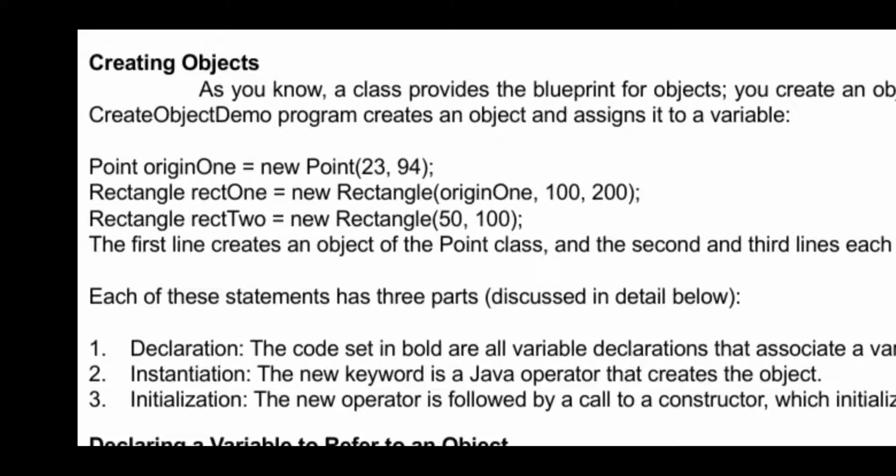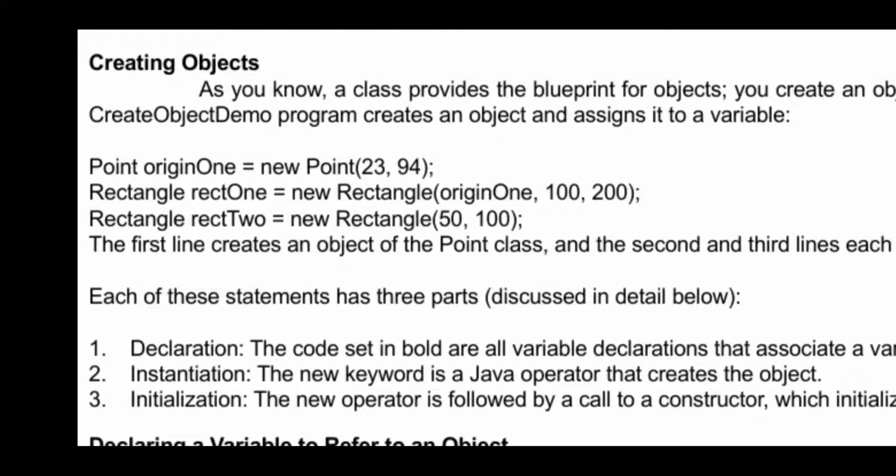You have already seen this in a structure. Structure student, and you create a variable, and through it you access the information or data members present within the structure. In the same way, the same sort of execution happens here. A class is defined with origin1 is equal to new Point(23, 94), meaning 23 and 94 are the values defined for the class called Point. With the help of the origin1 object you are going to execute the statements.